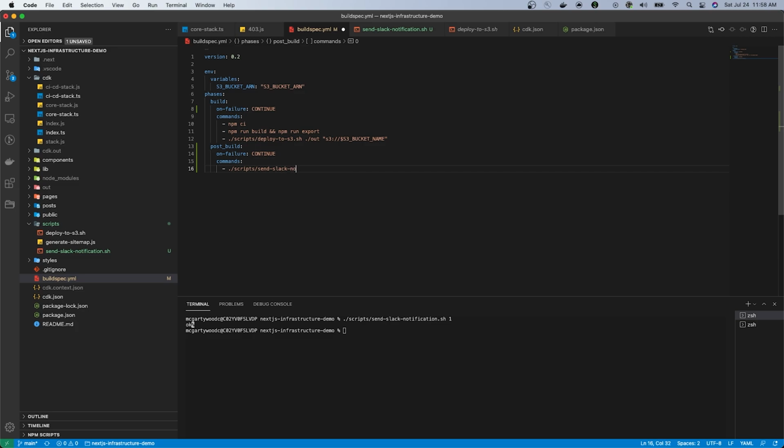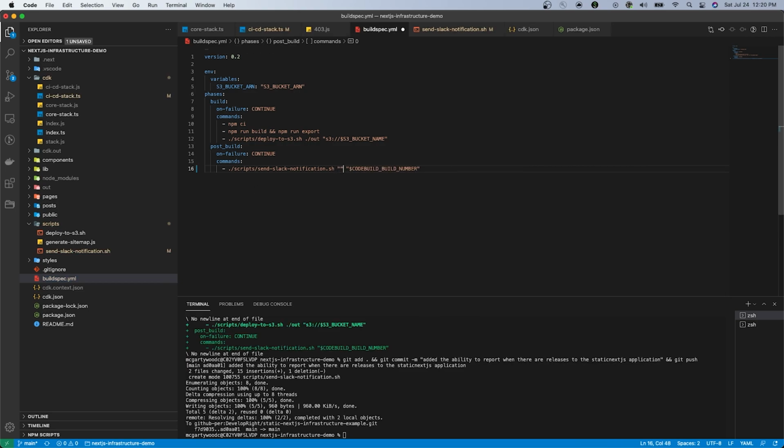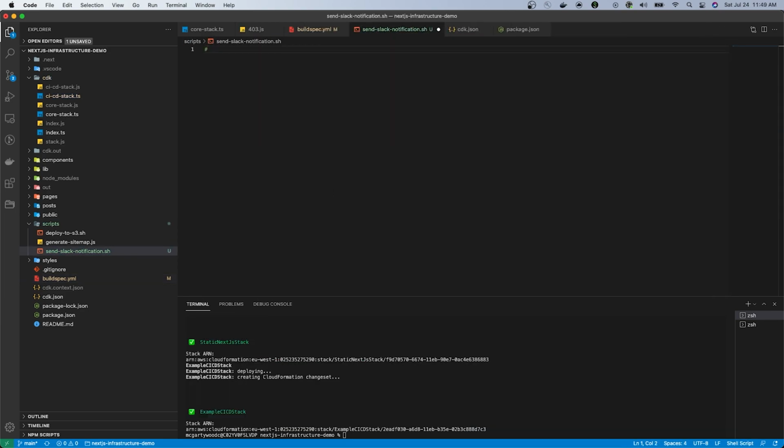the buildspec.yaml file. The bash file will take two arguments, which is the Slack API hook and the code build number. The Slack API hook is essentially the endpoint that is used to trigger a message within Slack, and the build number in this case is just how we will identify each specific release. If you haven't already, ensure that the file is created and also the permissions are updated so the file is